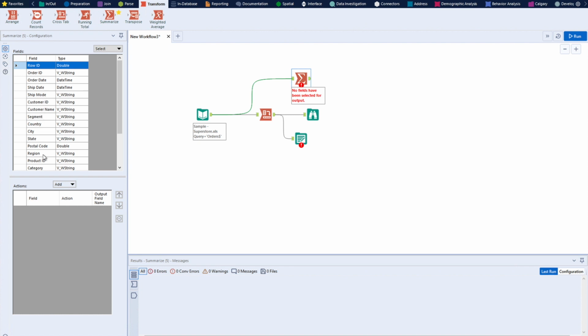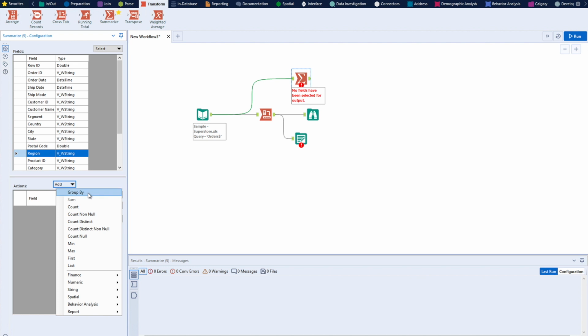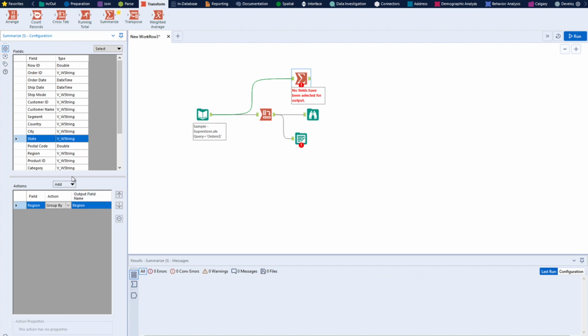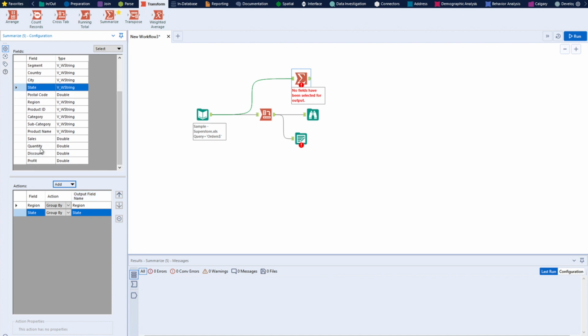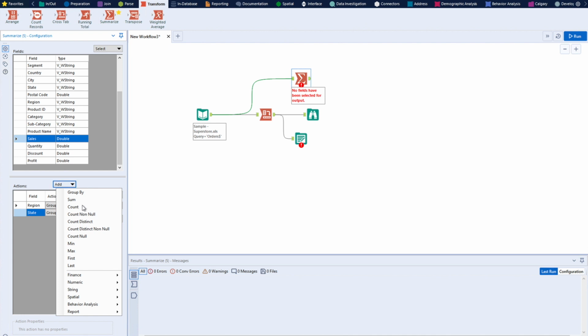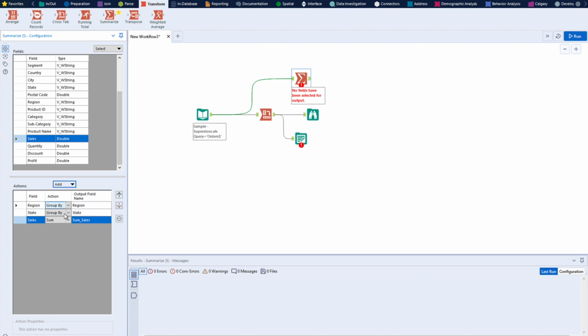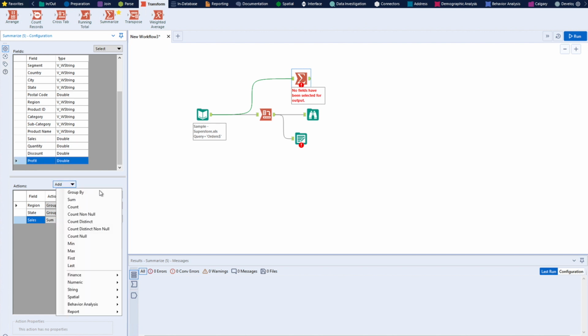I'll say group by state, I'll say group by, and then I can say sales, I'll say sum. Where is my sum? Here we have numeric, so for average and all these things, we can take numeric. If you see, sales is coming as double, so I can do sum. But if I have the state, then obviously the aggregations will be different, the way I told you before. So here we have sum, so I'll take sum of sales and profit, and that's all.